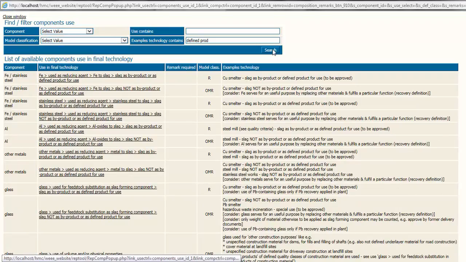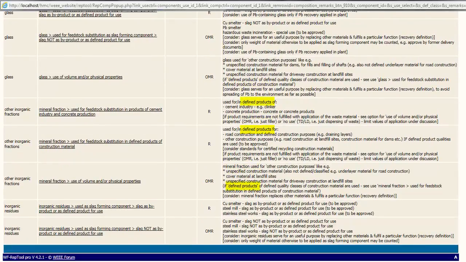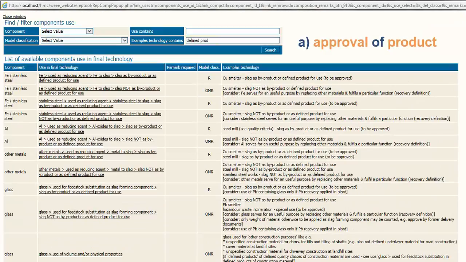See the examples of the use of slag, the use of glass, and the use of mineral fractions. Other approvals. What you will see at different places is that we ask for an approval that products are achieved for giving the recycling classification.